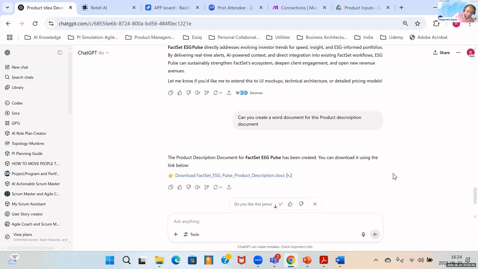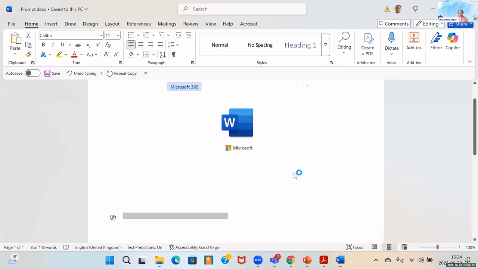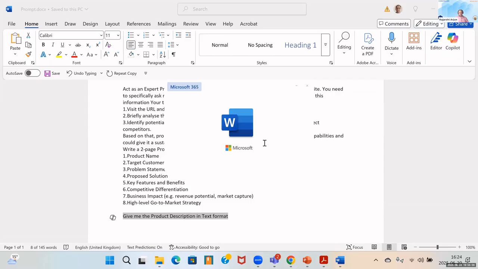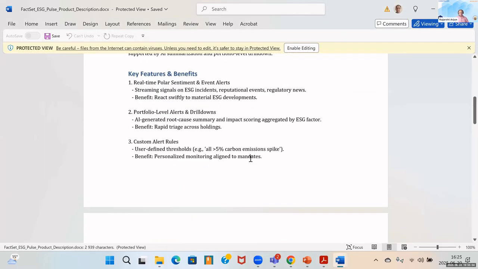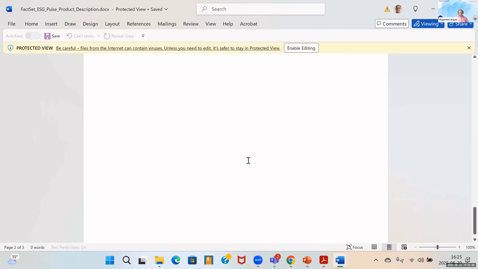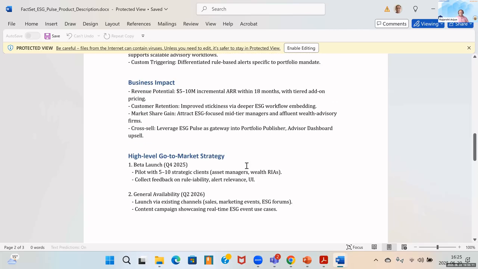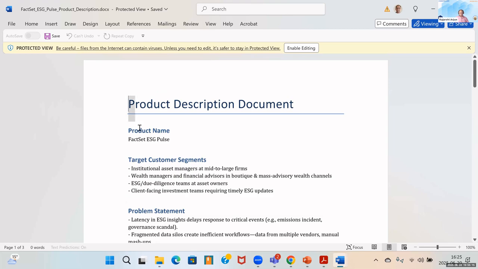Yeah, so this document is created now, and let's just open the document once. So this is the document that we have. And what I'm going to do now is upload this content in a Google folder.